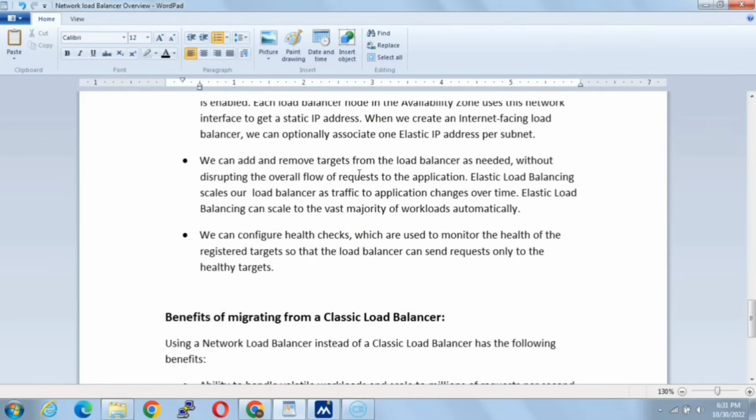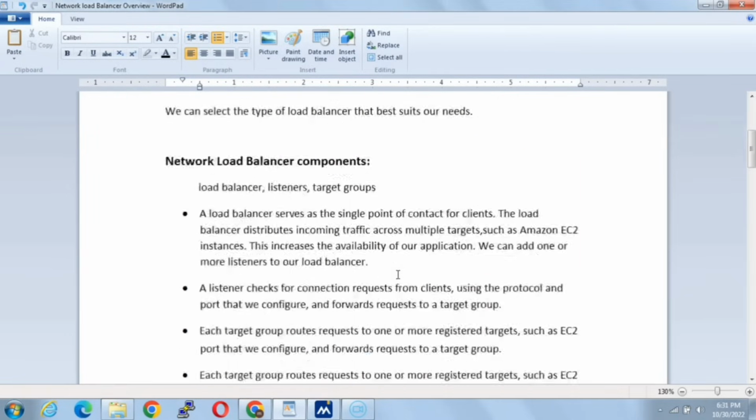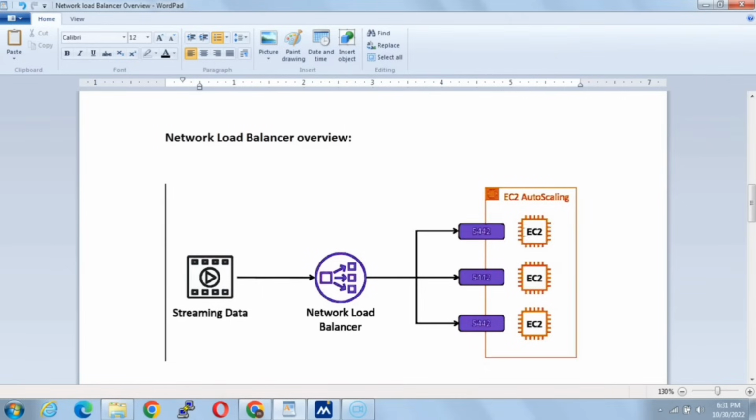And we can add and remove target groups. Say we have multiple target groups, and we can add and remove the targets. Say, for example, in this case there are 3 targets or 3 EC2 instances in, say, target group 1A, and my first EC2 instance goes down. We can remove it and replace it. In this case, there won't be any effect or performance impact on the application, so it will still serve the traffic to the other EC2 instances,